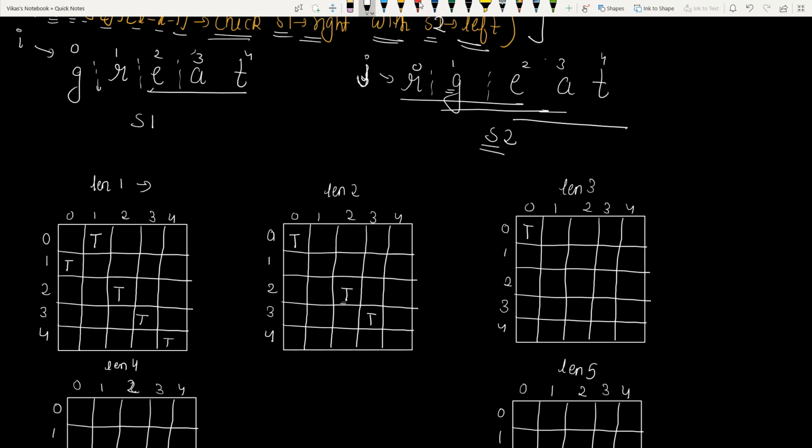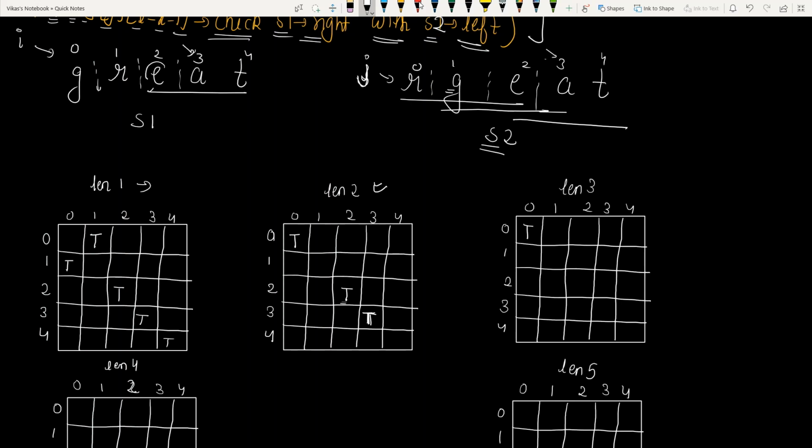So if we split it here, E is matching, and AT, that is i equals 3, j equals 3 and length equals 2. So AT and AT are also scrambled strings. And how do we know that AT and AT are scrambled strings? By looking at this length 2 array, the 2D array, where i equals 3 and j equals 3 and length equals 2, we know that these two are scrambled strings.